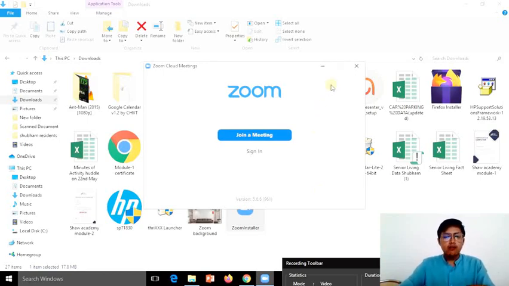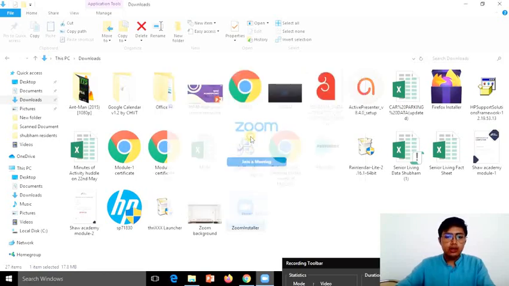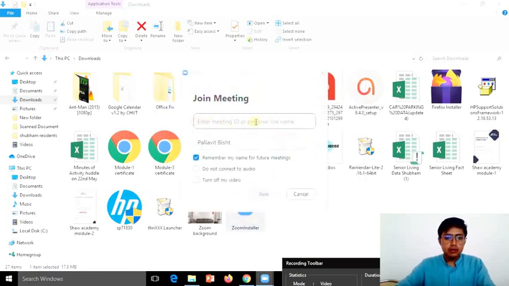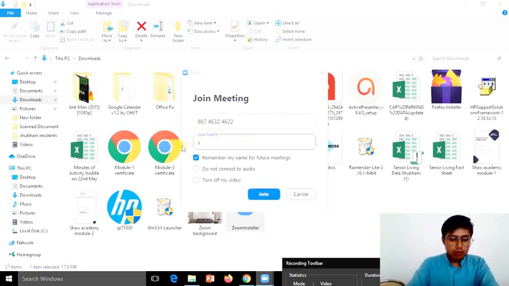Done. Now whenever you have to join a meeting, you click on this join a meeting button, enter the meeting ID here, whatever number we give to you, and then it is asking your name. You can delete it and type your name here, whatever you want to be recognized as during the Zoom meeting.